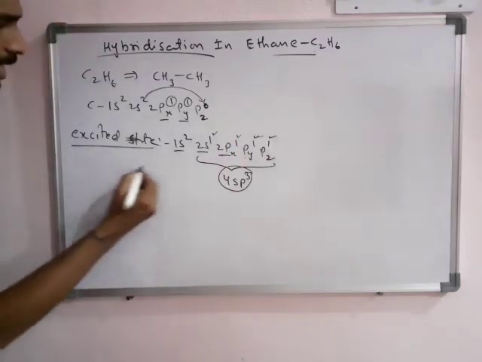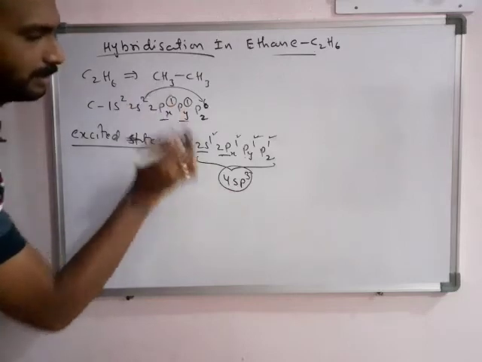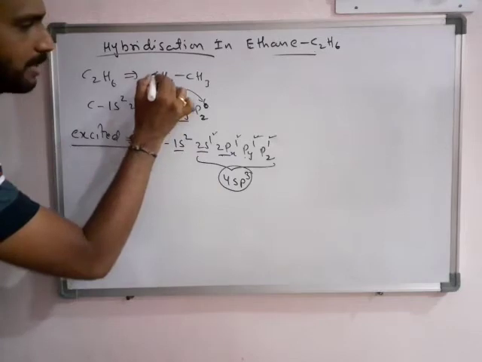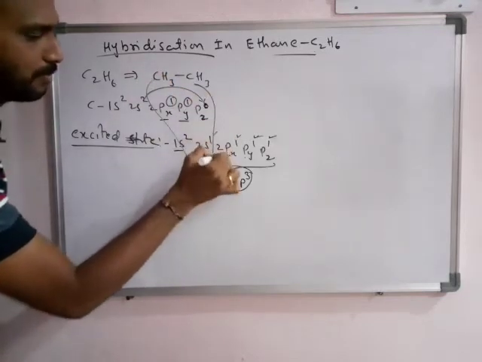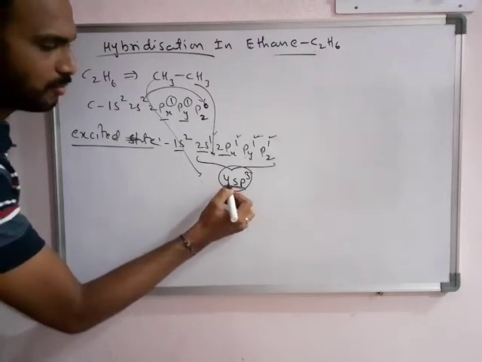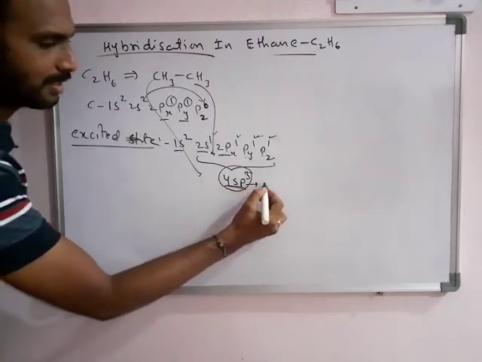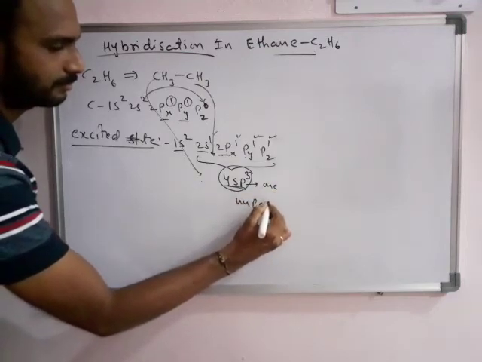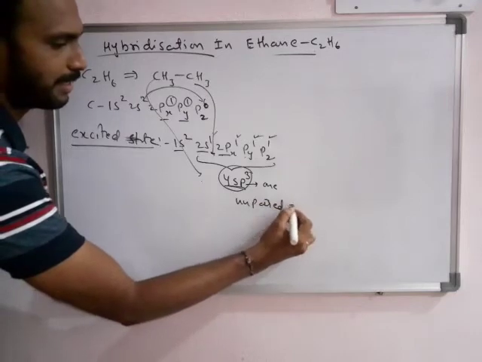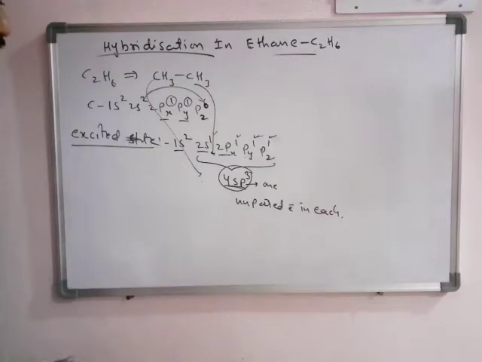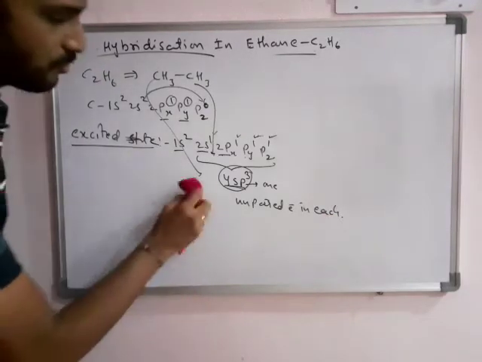Okay, so like this is the condition of a carbon. The second carbon also has the same conditions. Both carbons, the first carbon and the second carbon, undergo sp3 hybridization, in which the 4 sp3 hybrid orbitals have one unpaired electron in each. Okay, so we apply this to the structure.